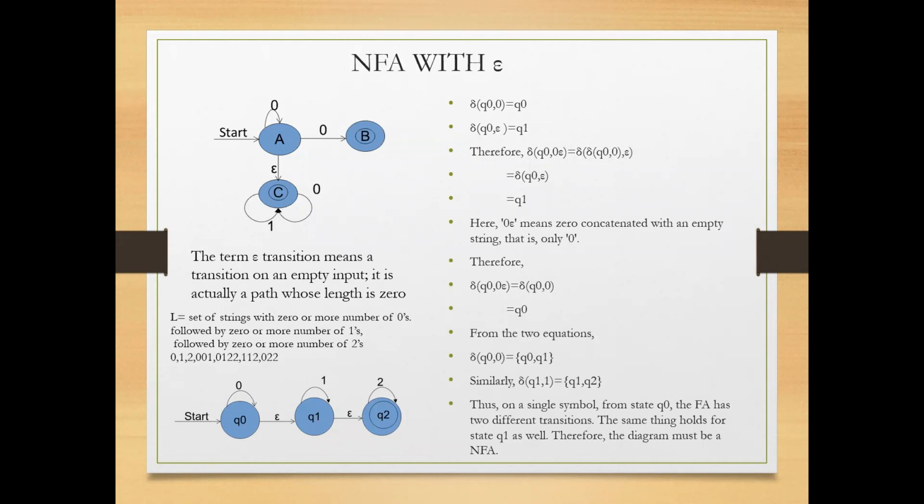So today's topic is NFA with epsilon moves. So you can see this NFA here. You could see that on input 0, there is a transition from state A to state B and also to state A. So here it is showing the non-deterministic behavior of finite automata, that it is not determined, it is not fixed